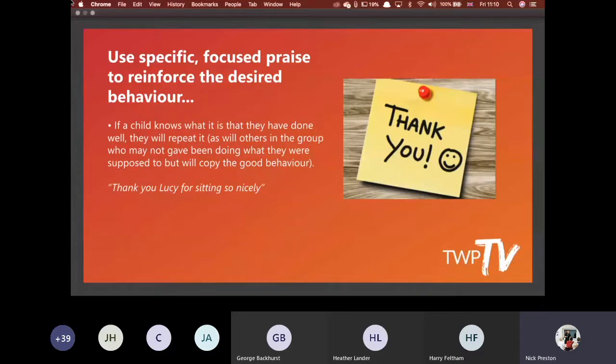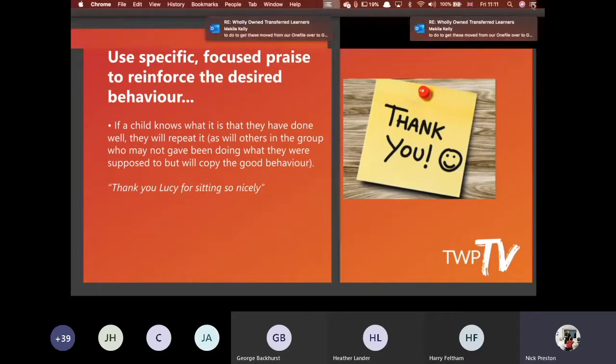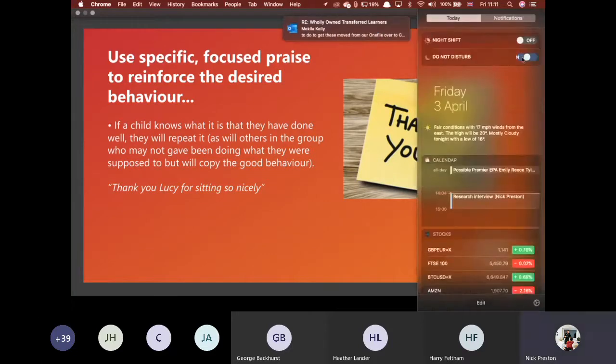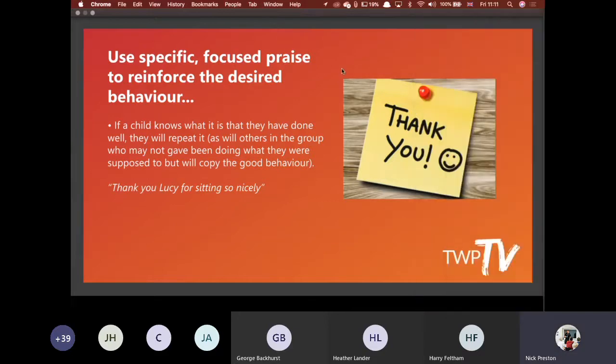So if you've got a group of children sitting in front of you and you're giving your learning outcomes in your learning circle or learning square, it's really important that you highlight those children that are doing well, because children, adults, we're all herd communities, and will psychologically follow what the rest of the herd is doing. So if you highlight those that are looking for attention in a good way, then guess what? Those that are misbehaving, those that are being naughty, are then going to follow suit because they want to get your attention.